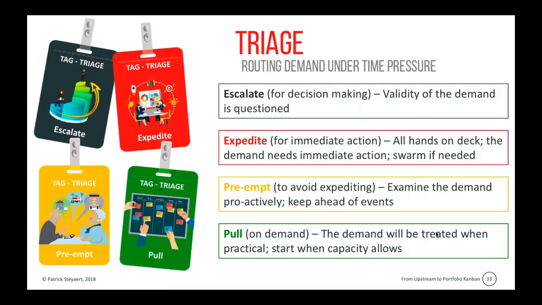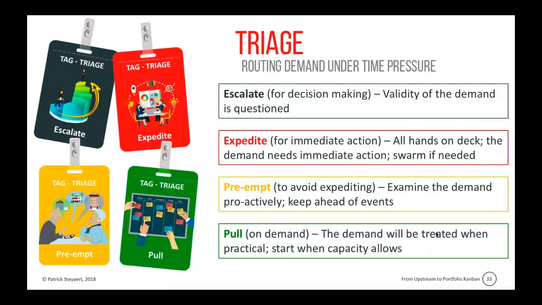So that's the preempt demand, and then we have pull demand. So this is demand where we don't suspect that it might escalate into a problem. So we treat it when it's practical for us, when capacity allows.